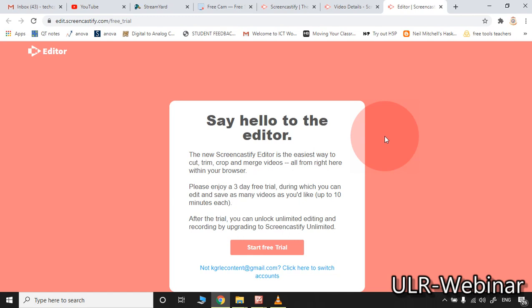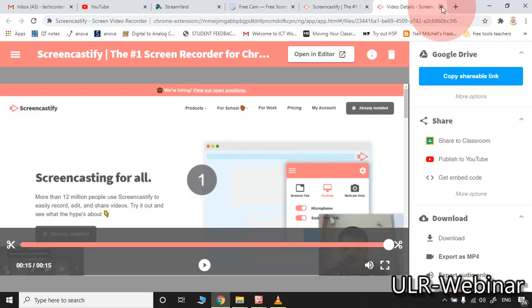In the free trial, we can do recording for 5 minutes only by using this particular Screencastify. There is no chance of extending the recording time more than 5 minutes in the free version.